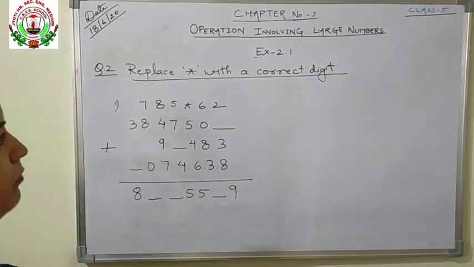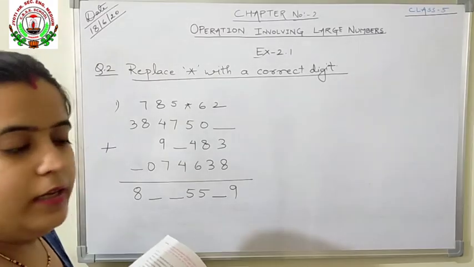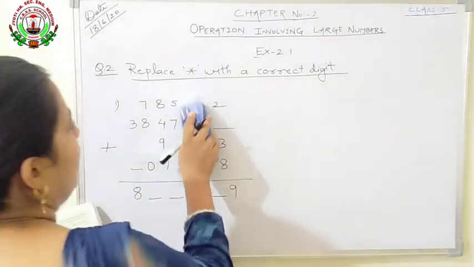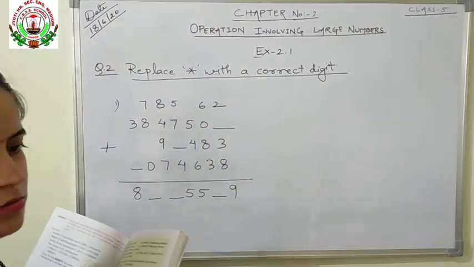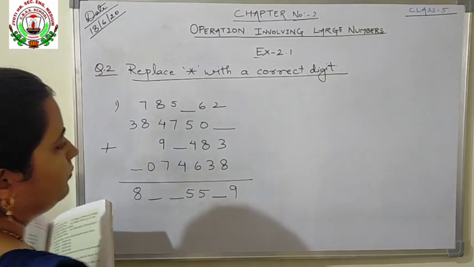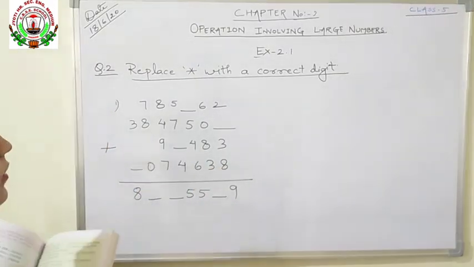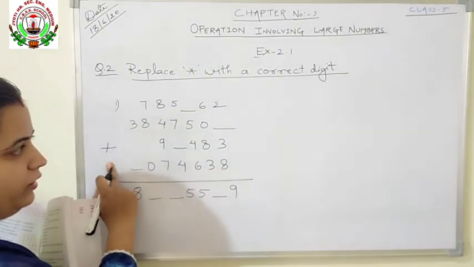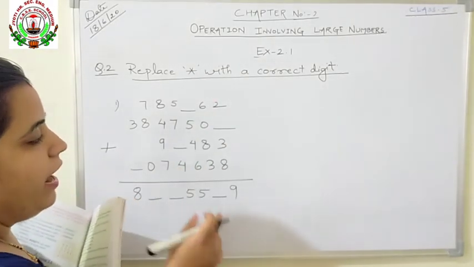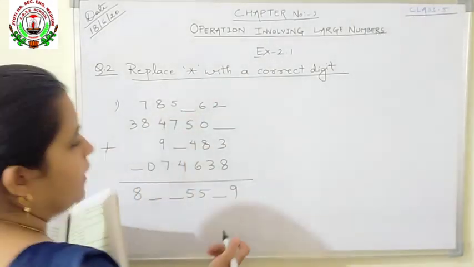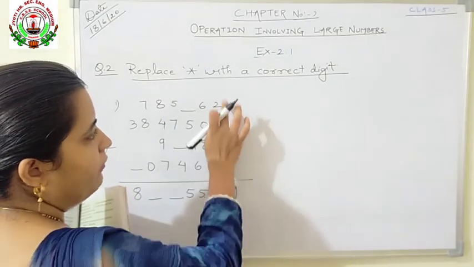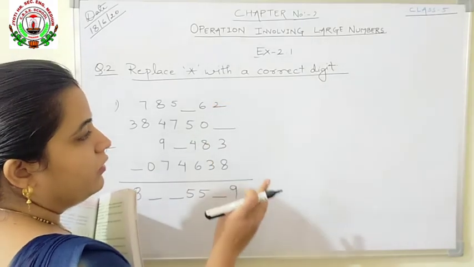As you all can remember that in earlier classes you have solved fill in the missing digit. This is also like that. You have to fill the missing digits. Okay. In place of star I have written the blank sign here. How we will solve this? Addition sign is given. So one thing is clear that you have to add the numbers and find the number. Okay. Let's start here. 8 plus 3 is 9, 10, 11. 11 plus 2 is 12, 13.